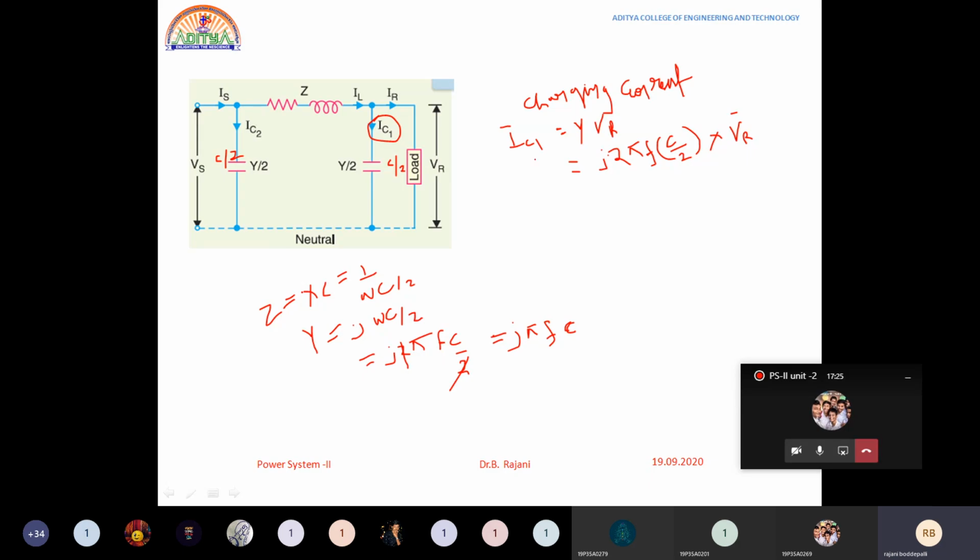Now this is IC1 is equal to Y into VR. This is the thing. Now what is the line current? Line current is equal to